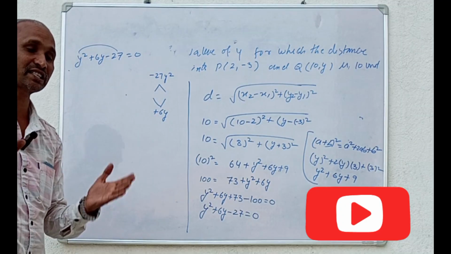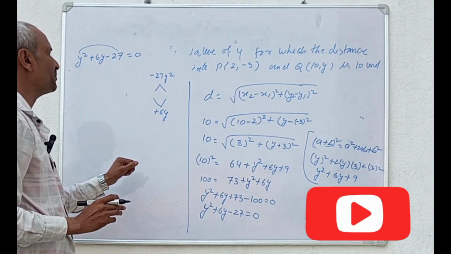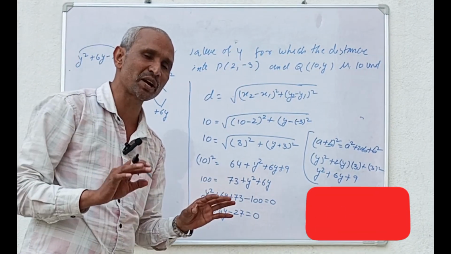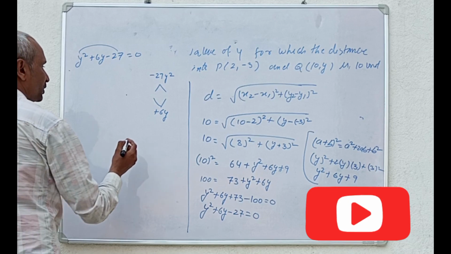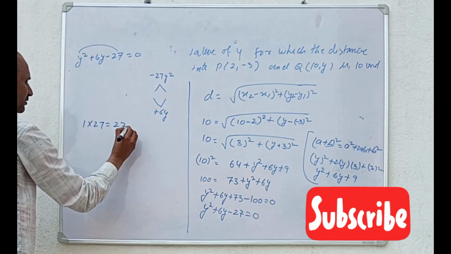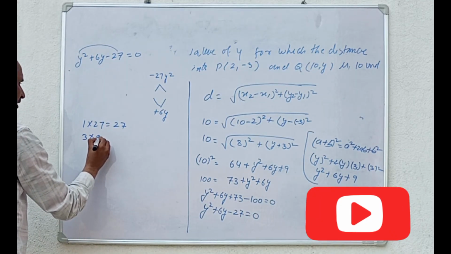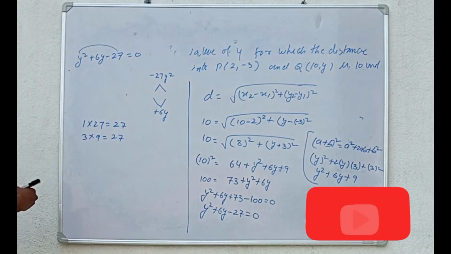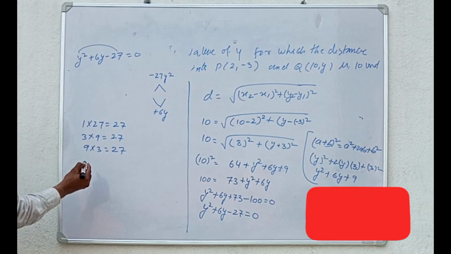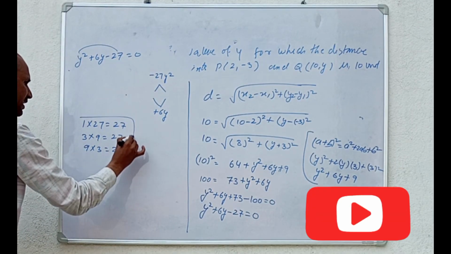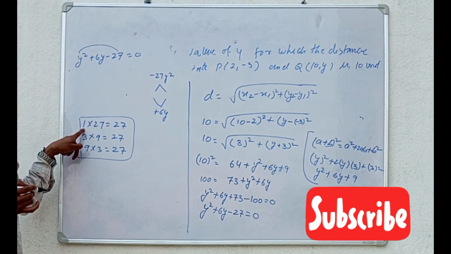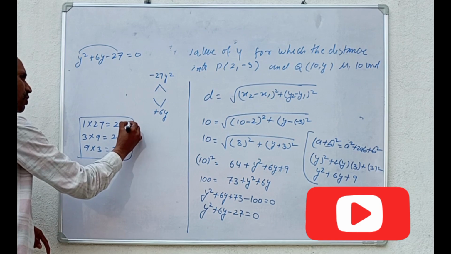We have to find two numbers such that if we multiply them, the product comes out 27, and if we add or subtract, we get 6. So suppose I take the number 27, what will give it? 1 into 27 gives 27. Then 2 is not giving, 3 into 9 gives 27. Then 4 not coming, 5 not coming, 6, 7, 8 not coming, 9. 9 into 3 is equal to 27. Because the numbers are repeated, maybe the answer is only in these. Now we find which is correct. 27 plus 1 is equal to 28, not 6, so this pair is wrong.